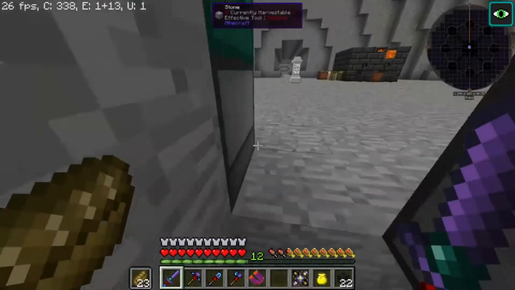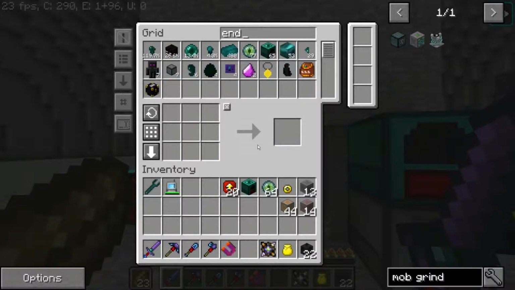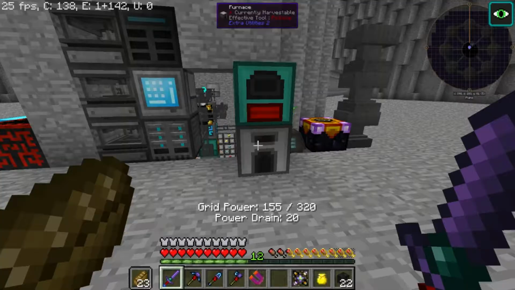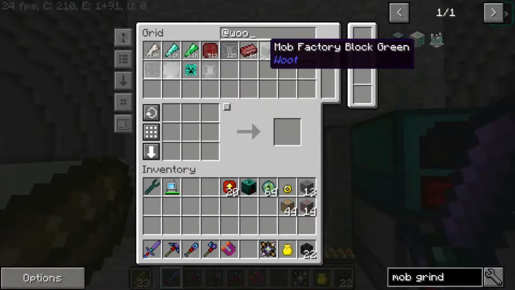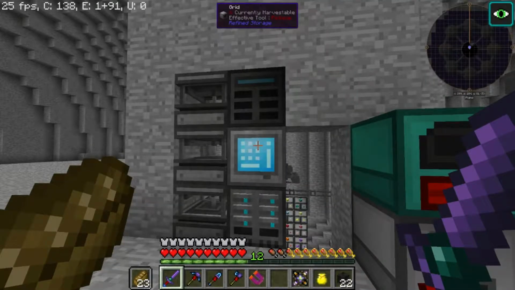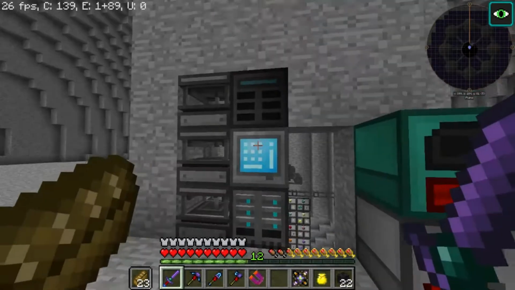So I don't want to do... I wanted to do Enderman power, and I created all the... I have a stack of Ender generators, and I might do Ender power for a backup or something, but I started making Woot stuff. I think I need 57 of those. I made all of the factory blocks that I need, except the 82 white ones, and then I need to create more of the...